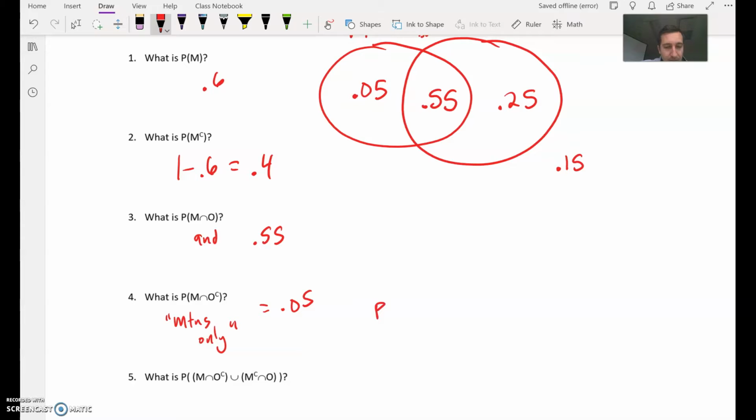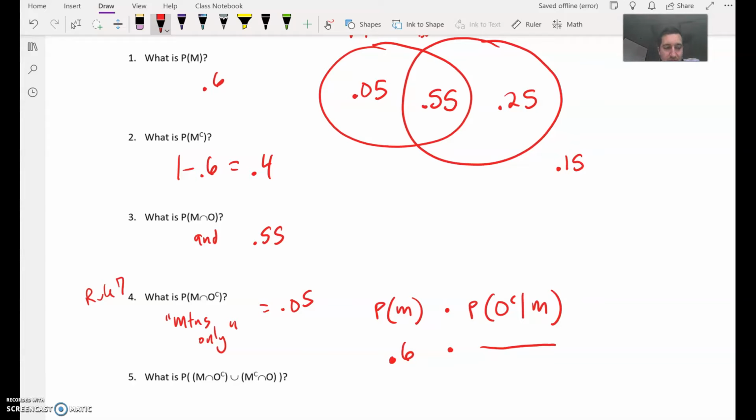This could also be rule number 7 if we wanted to. So the probability that someone likes mountains, that's the first thing, multiplied by the probability that someone does not like oceans given that they like mountains, which is kind of what the question is asking. Probability that somebody likes mountains is 0.6 multiplied by,